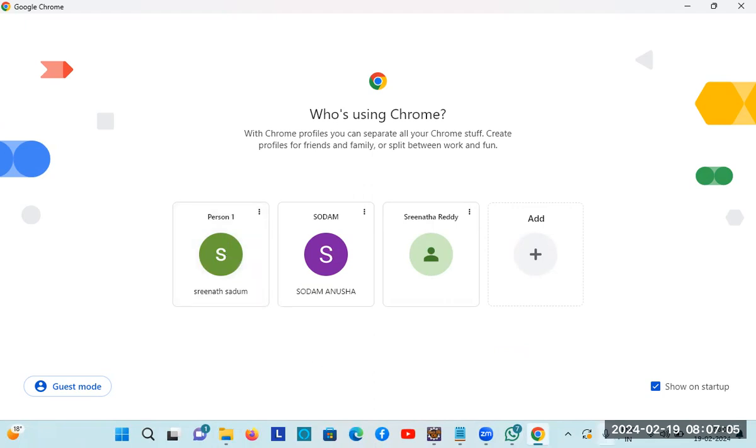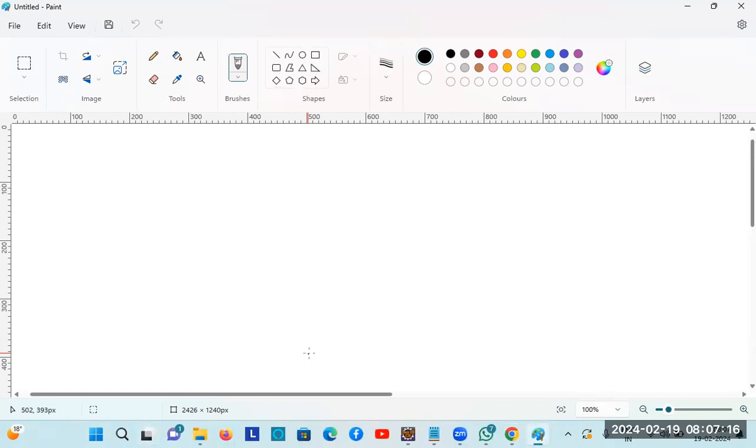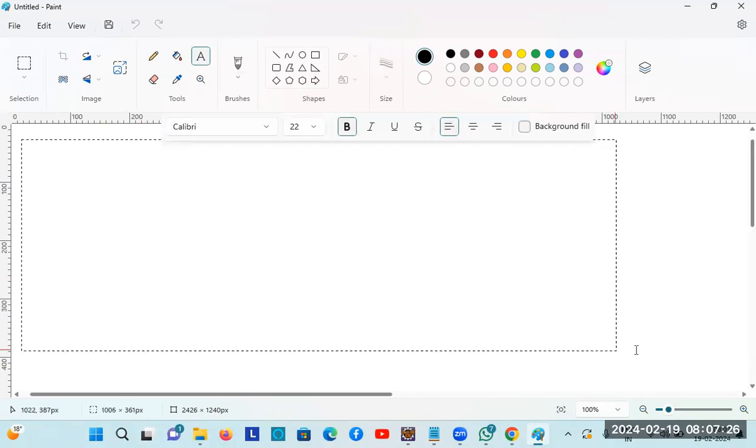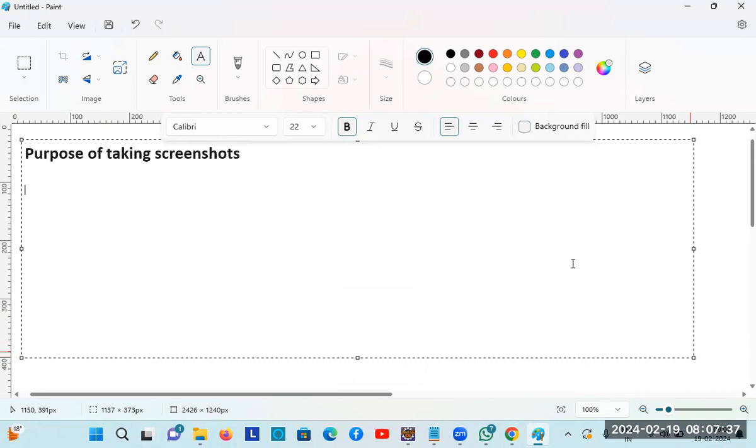So today we will see one main important concept. Normally, how are we going to take screenshots manually? This is very important, right? What is the purpose of taking screenshots? Any issues or errors we have to send to other persons. So whenever you are executing an application and you find some defects or some unexpected